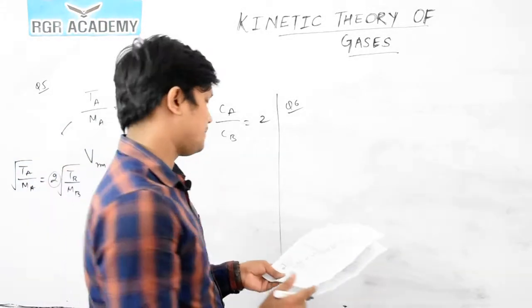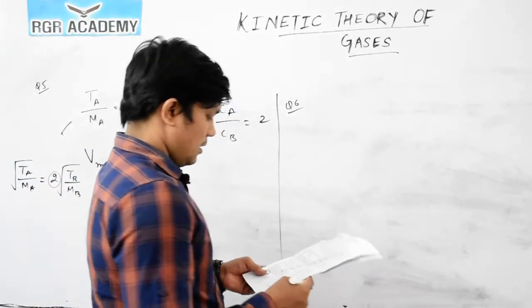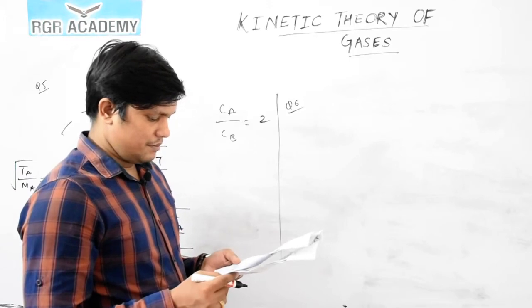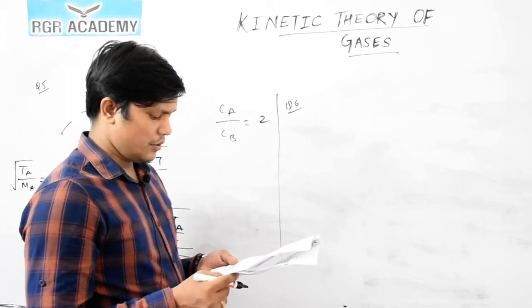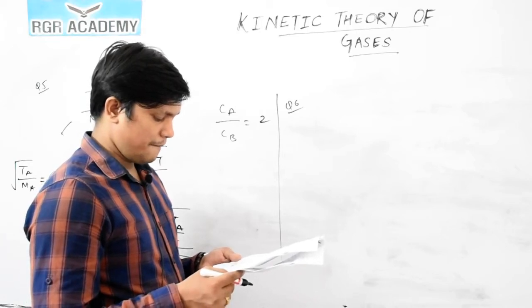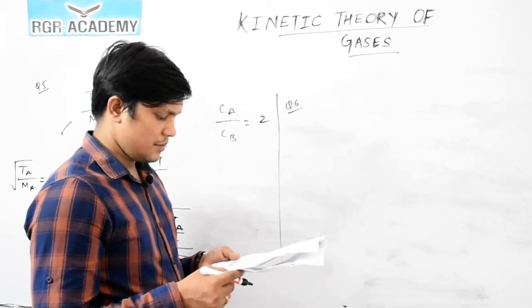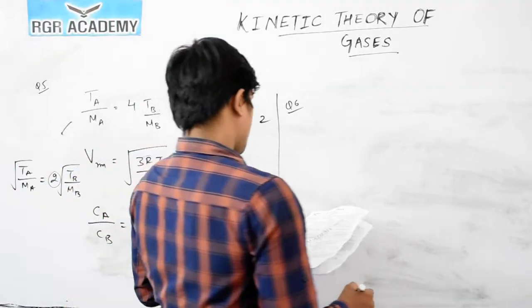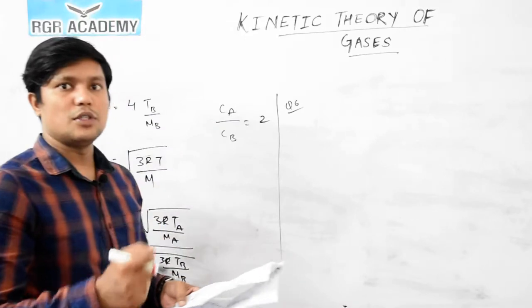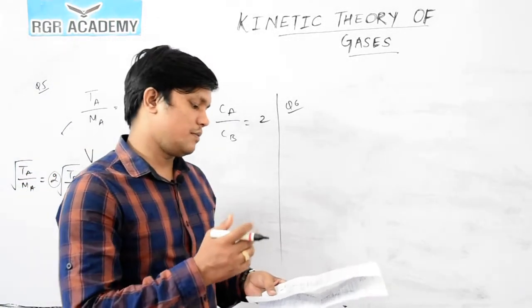Now in this case, initially the volume is the same and they are connected by a narrow tube, so we can say that the pressure will be the same. They are asking for the common pressure finally. Here, the number of moles will not change because gas is not going out from this container.